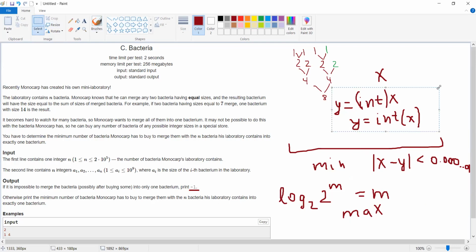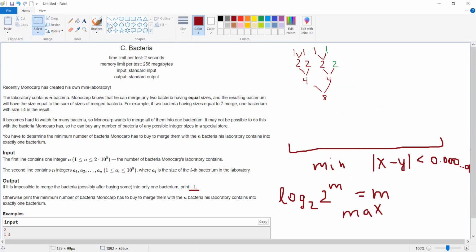So what do we do next? We store how many times each number occurred. So we have another array starting from 0 to, not to the maximum, but to 2 times the maximum, because it can grow. We don't know the number, so at least 2 to the maximum. If it's not enough, we can expand it. So what do we do? We take each number. If it is even,